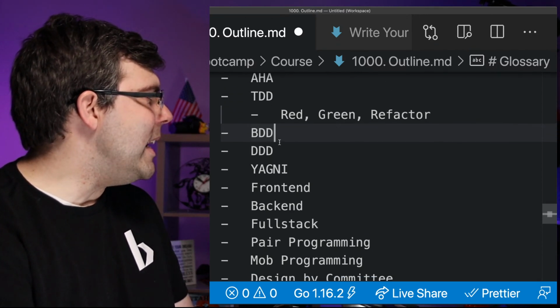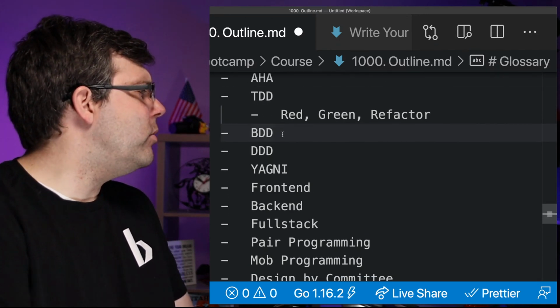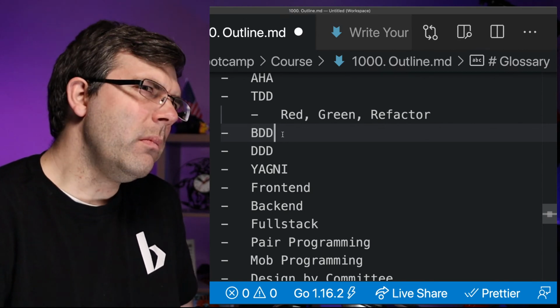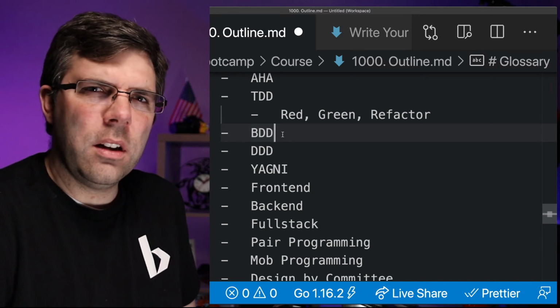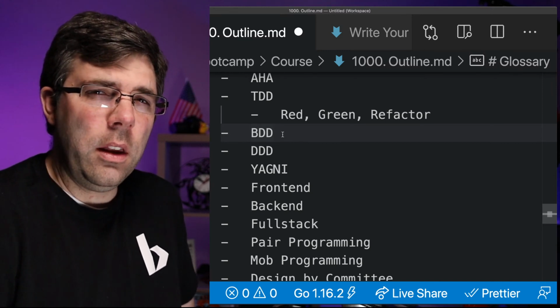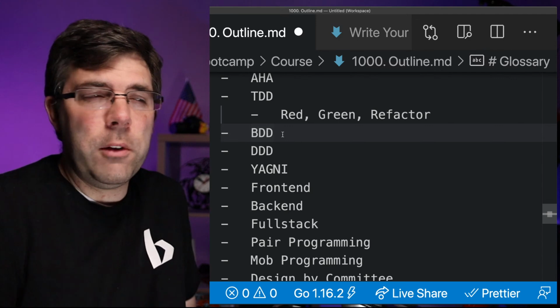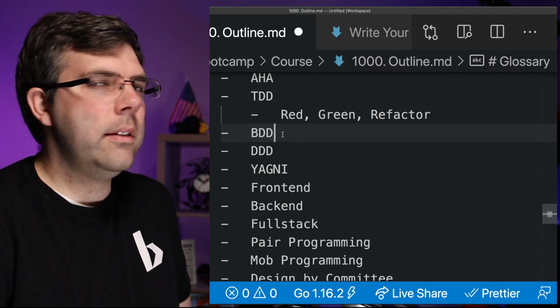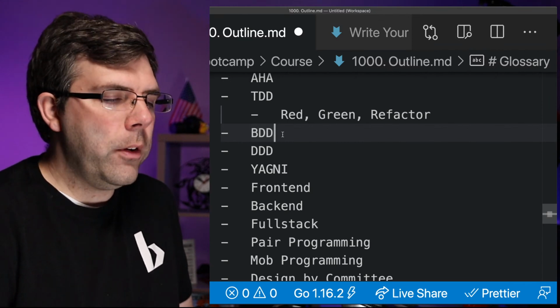So then we've got BDD. BDD is just behavior-driven development. It's just a sugarcoating of test-driven development. Now, someone's going to crucify me for that and tell me how I'm all wrong, but that's the truth of the matter. When you look at TDD versus BDD, the difference is that